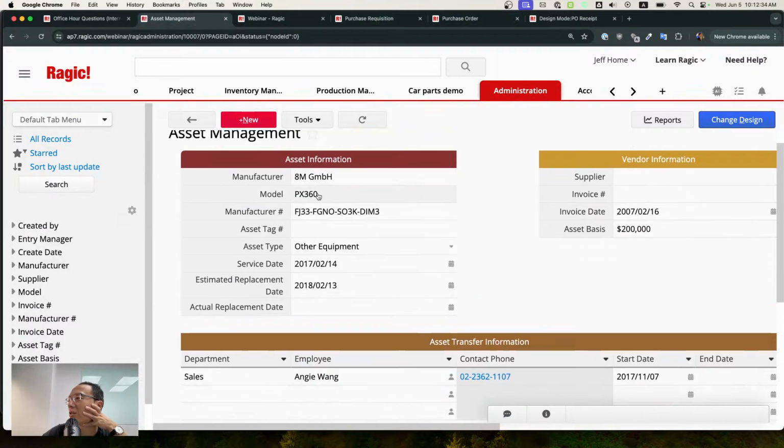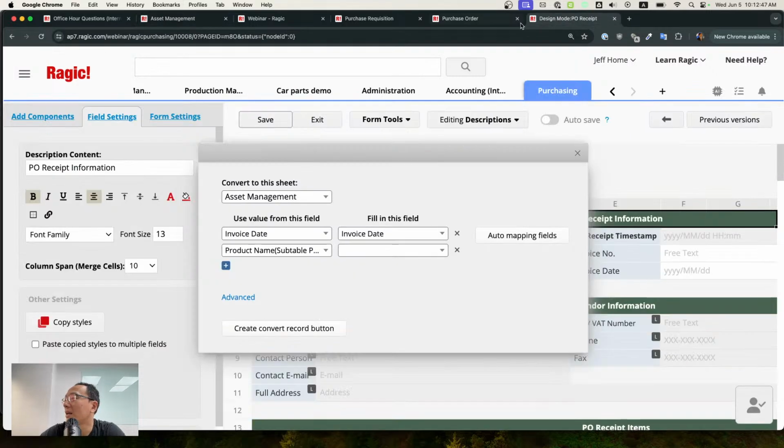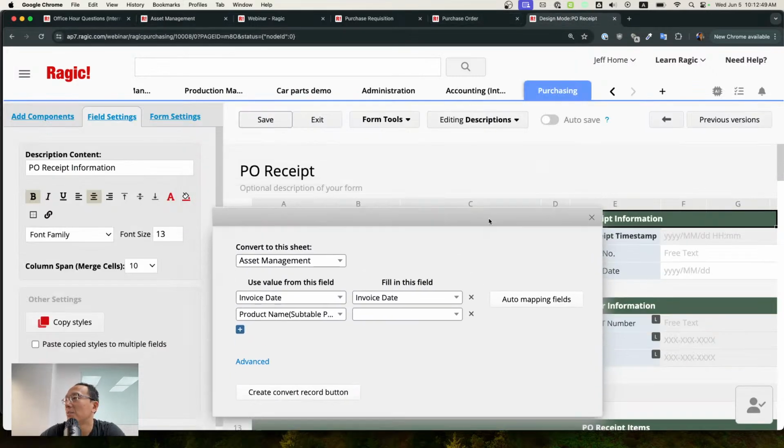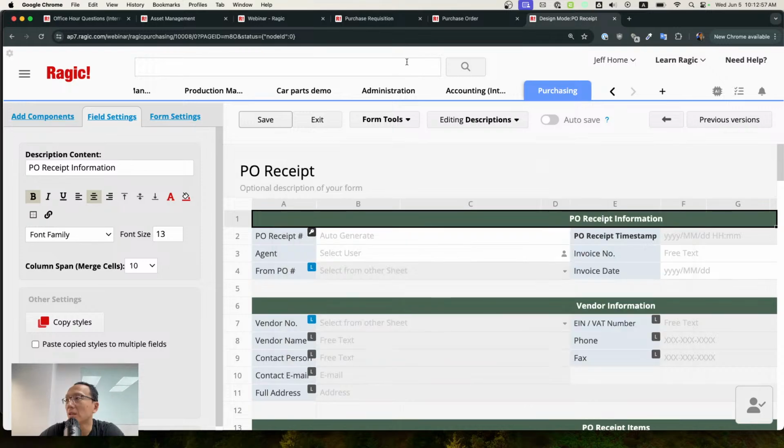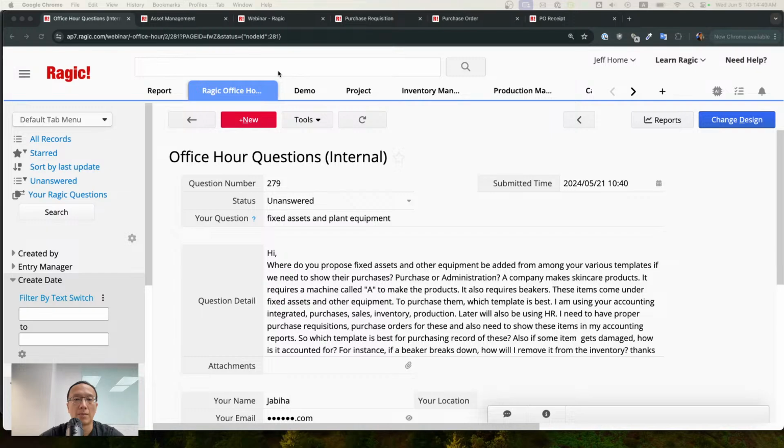It has manufacturer, model. But if you need, you could also add other fields. I don't think the whole purchasing process is designed to work with asset management. So by default, I think it would be best to manually add a fixed asset first. But of course, all sheets are